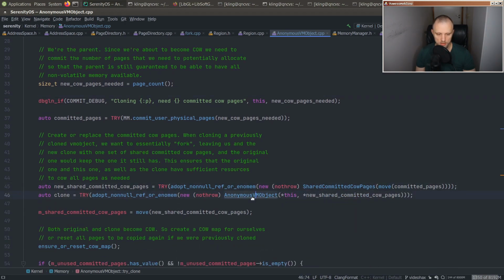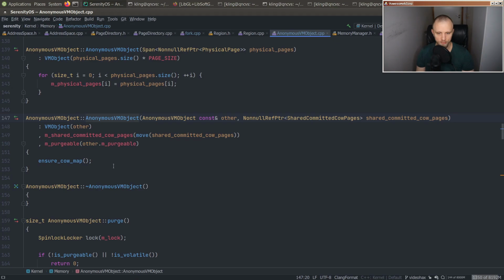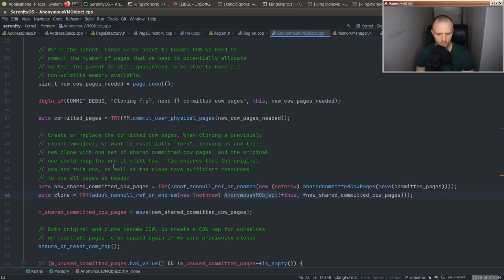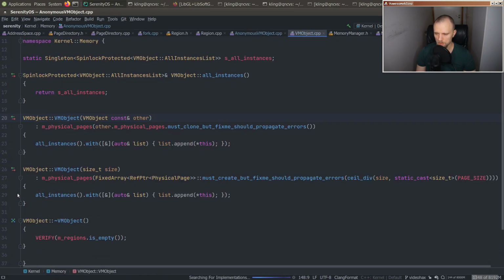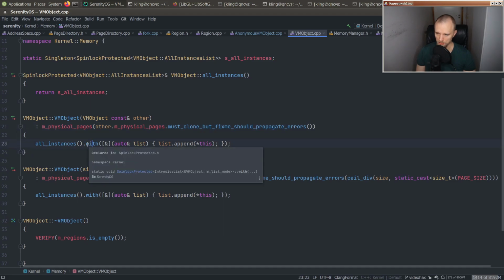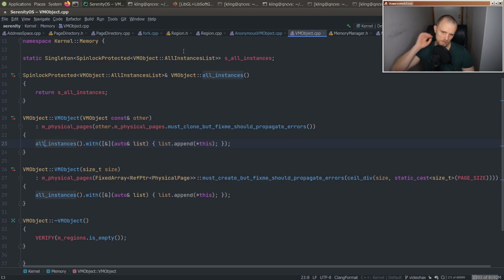Guess it's this constructor here. Yeah, which calls this base class constructor, cloning the set of physical pages, and then registering the VM object with our global list of all VM objects,